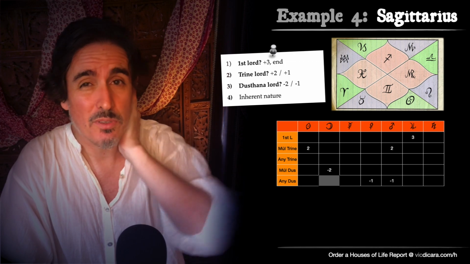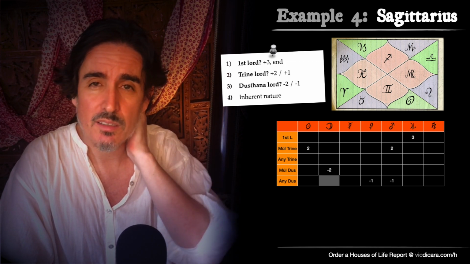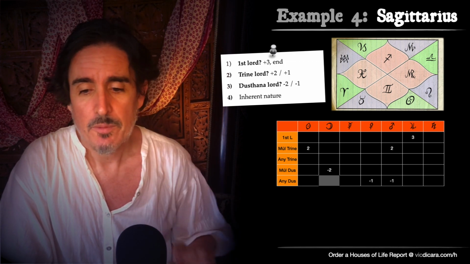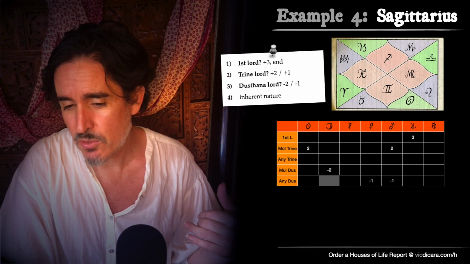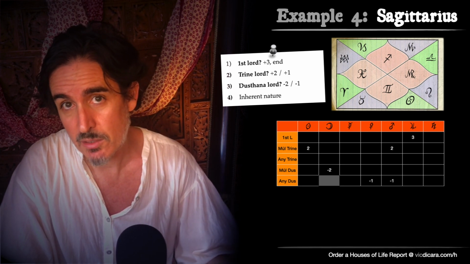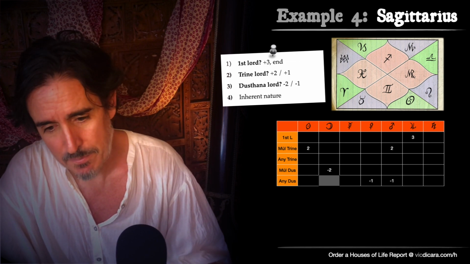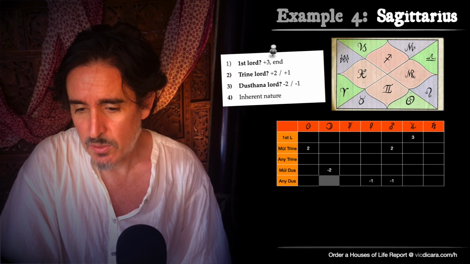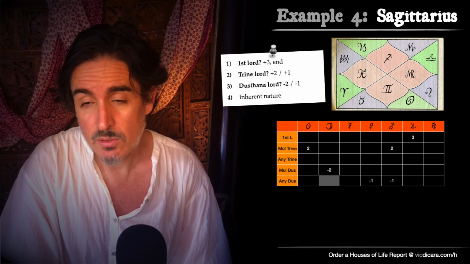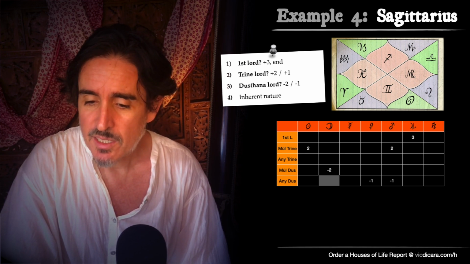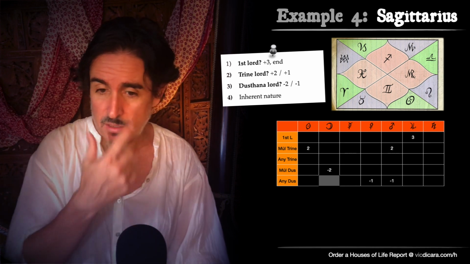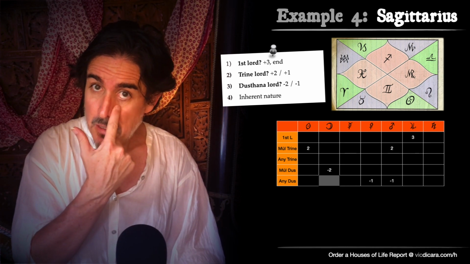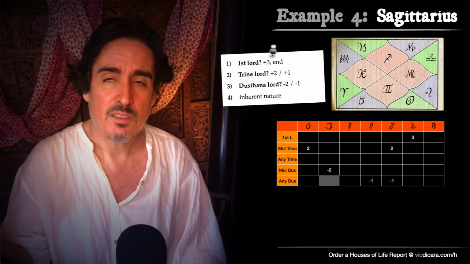It's either the Mula trikona or the own sign. This is how I'm interpreting the rule and using it. Maybe it could be interpreted a different way. Maybe it could be interpreted that the moon should get a -2 for Taurus and a -1 for Cancer, but that's not how I'm doing it. And then you have Scorpio, Mars, as the ruler of the 12th house, not a trikona, gets a -1. So Mars is an interesting situation for Sagittarius because its trikona is a trine, but its other sign is a